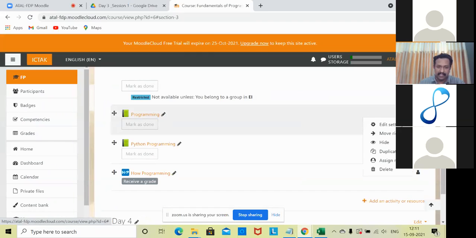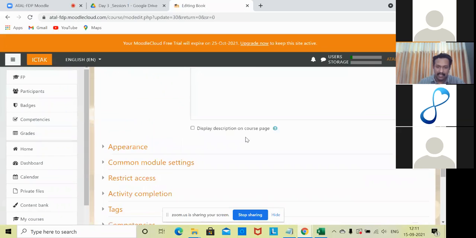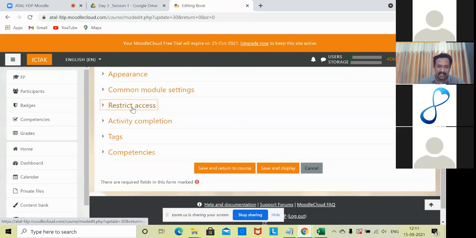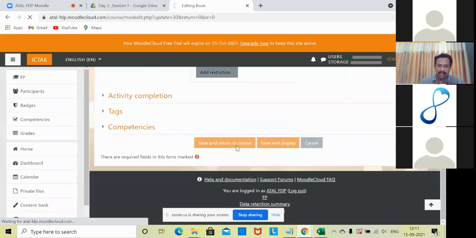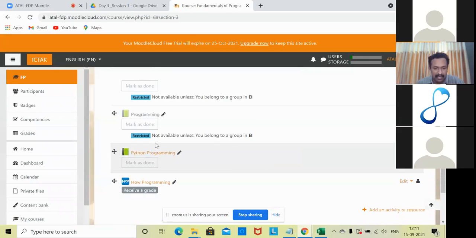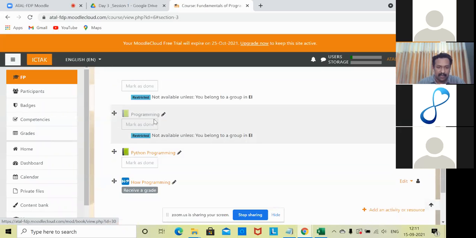So let me change this into another one. Maybe it is already available over there in the content, in the description itself. Let me add that restriction to the hidden content, which is a clickable content over here. Programming is restricted to the EI group.